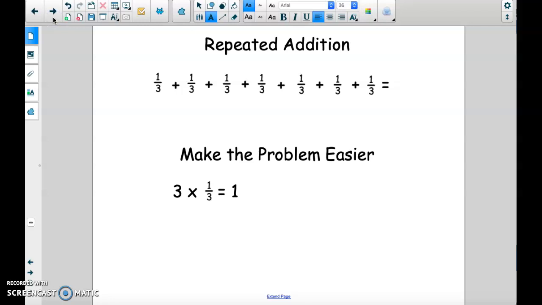So, a couple different ways you probably could have approached this. The first one we've talked about is repeated addition, right? So if I have 7 times 1/3, that means 7 groups of 1/3, which is what I have here, okay? So that's one group of 1/3, two groups of 1/3, three groups of 1/3, four groups, five groups, six groups, seven groups. And when you add all that up, you would get the answer of